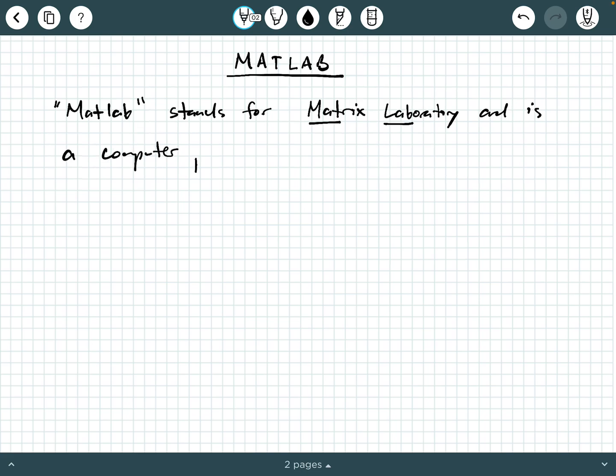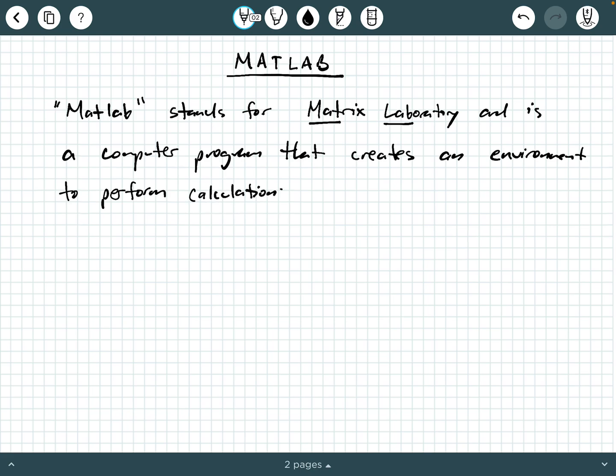computer program that creates an environment to perform calculations and write programs. Okay, so the reason why, again, it's called Matrix Laboratory, or for short MATLAB, is because the way it